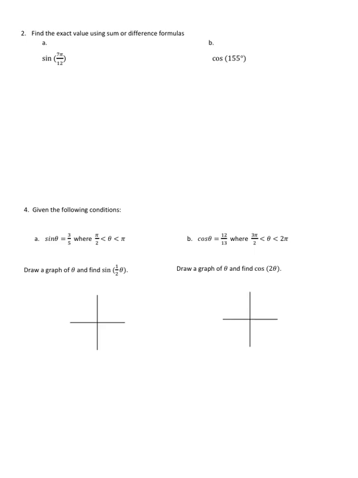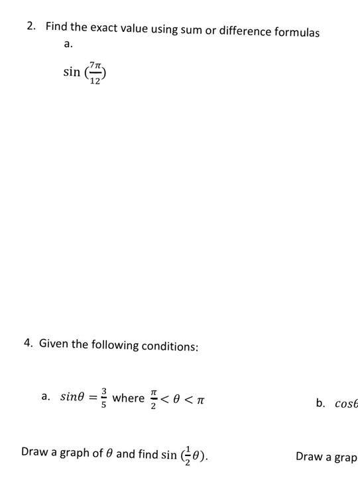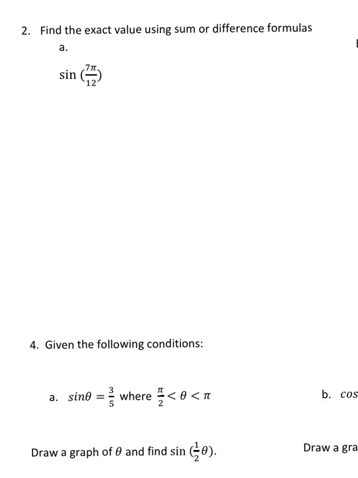Okay, sum and difference. So there's two different methods that you can use. If it's not already in degrees, you can convert it into degrees and then use that to find your places on your unit circle. I don't like to do that, but just for the purposes of the video, because I know the majority of you like to do that, I'm going to do it both ways for the one that's in radians. So if you're going to convert to degrees, you're going to take whatever you were given in radians,